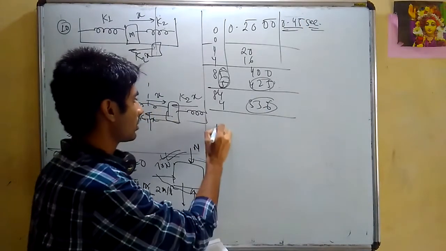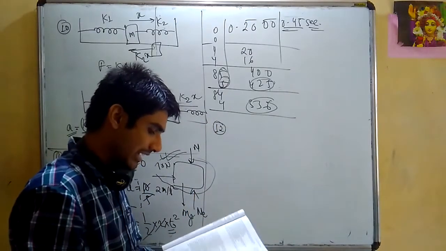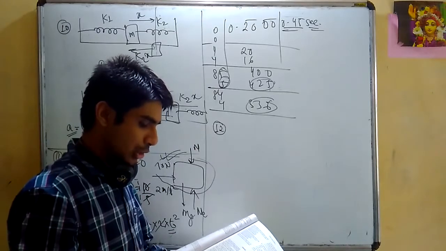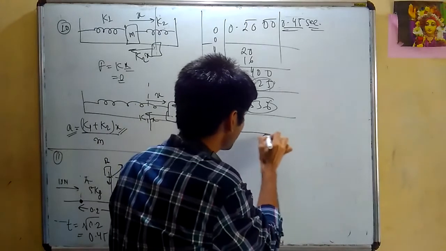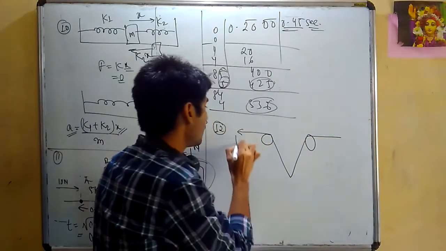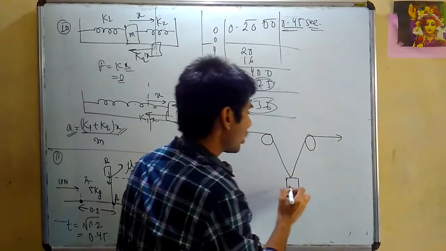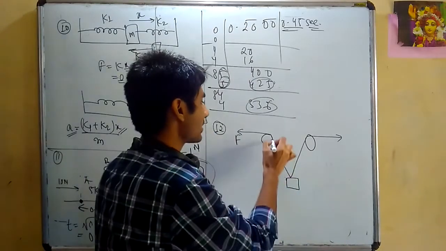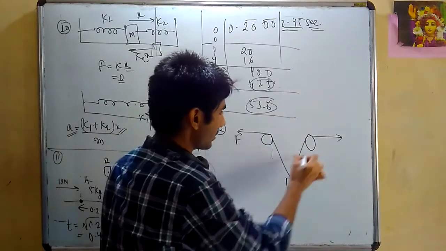Now let us come to question number 12. Question number 12 is: a man has fallen into a ditch of width D, and two of his friends are slowly pulling him out using a light rope and two fixed pulleys as shown in the figure. So if you see the figure, it will be like this. So his friend has fallen into a ditch. I'll not draw a person, I'll draw like a mass only. And they are trying to pull this person out of the ditch. Let us keep it like this only.